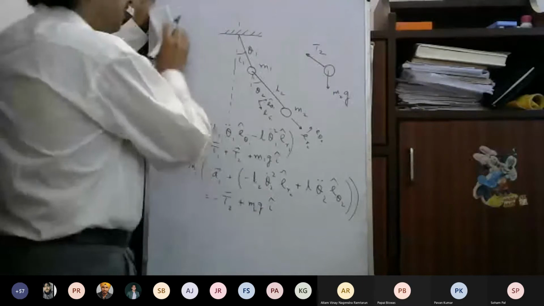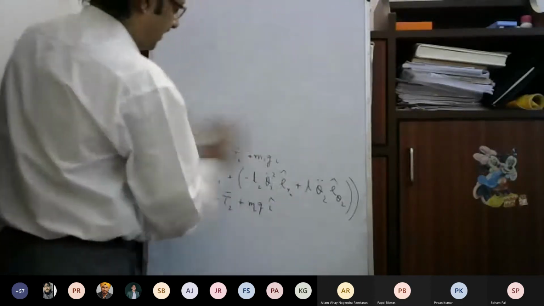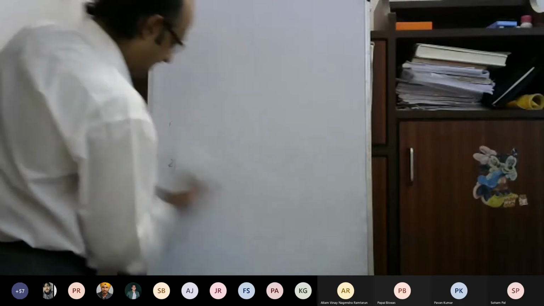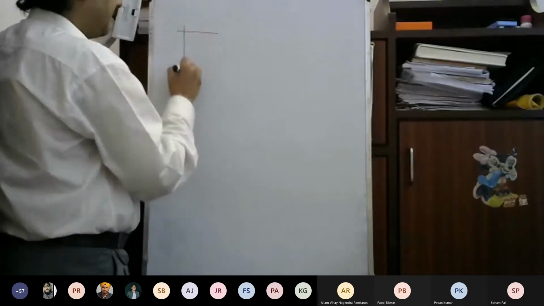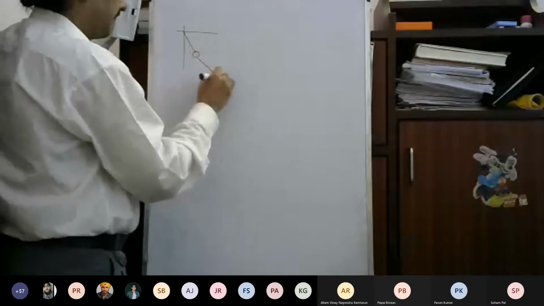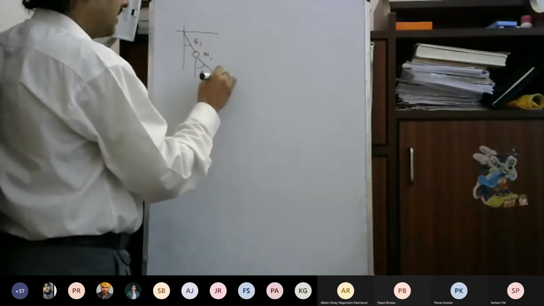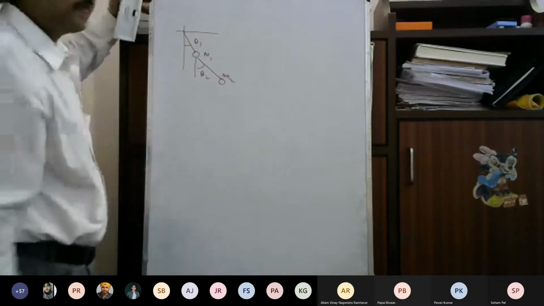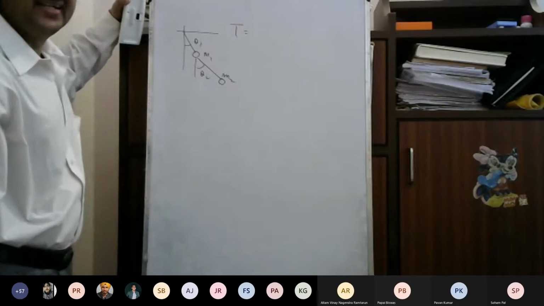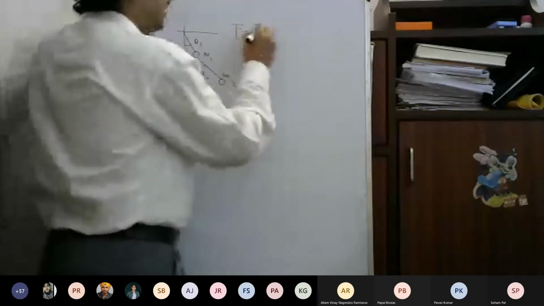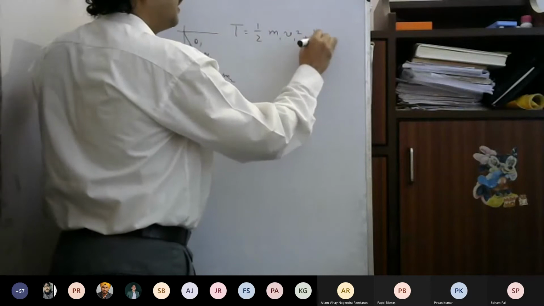If you use the Lagrange equation, then it becomes a little simpler. Why should I say a little simpler? It actually simplifies a lot. So here you have theta1 and theta2, m1 and m2. What I need is the kinetic energy expression T. The kinetic energy of the first mass is half m1 v1 square,